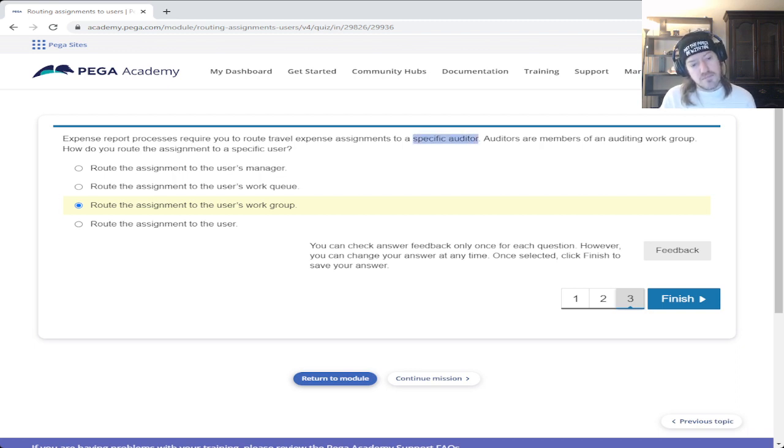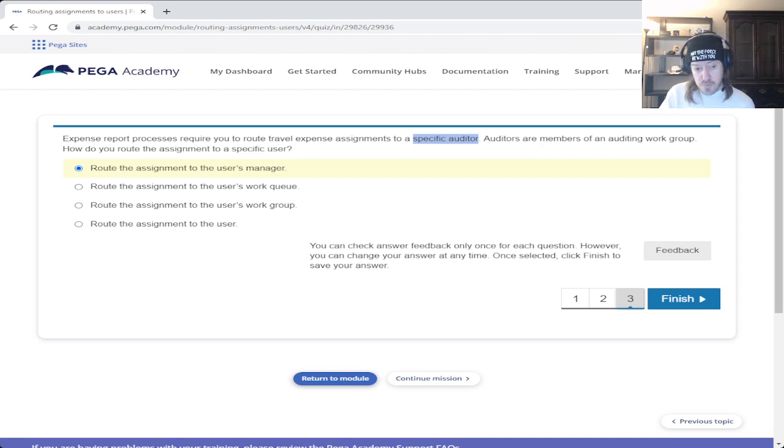You can try to route the assignment to the user, or you can try to route the assignment to the user's manager and then have them decide, is the auditor overworked maybe, to send it on into the auditing work group.